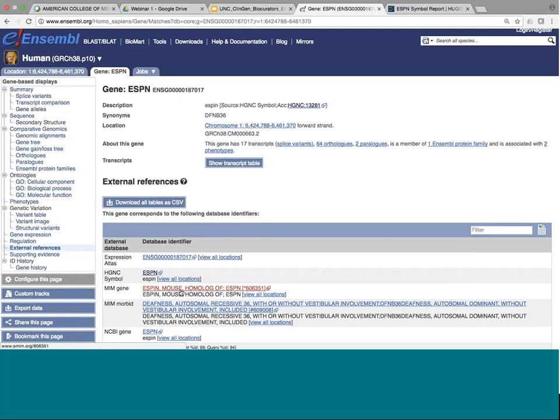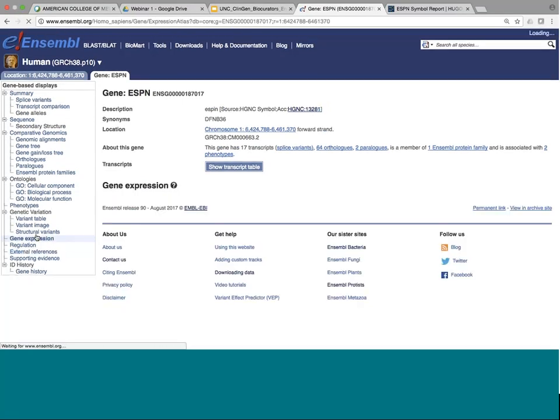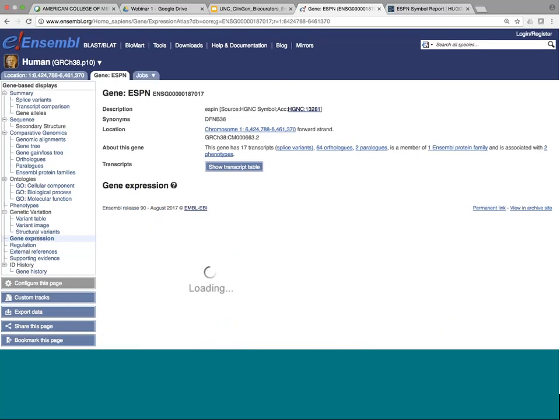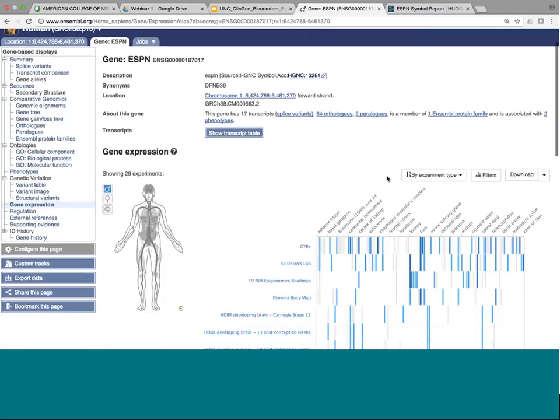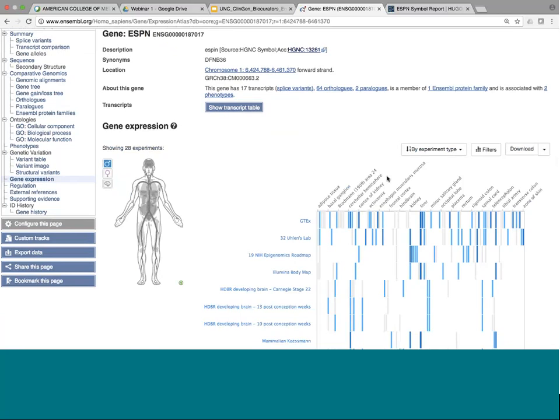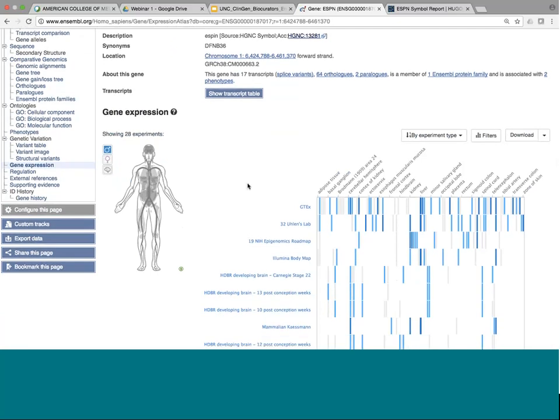So the next thing I want to show you, just the last thing on the gene tab, is the expression data. So if you click on gene expression in the menu on the left-hand side, this is data that's been taken directly from Expression Atlas. So Expression Atlas is a project that's based in the EBI and looks at tissue-specific expression of genes. So this isn't to do with the different expressions of the transcripts, it's just the genes that we're thinking about now. So we've split them into male, female, and brain tissues, and we've got this